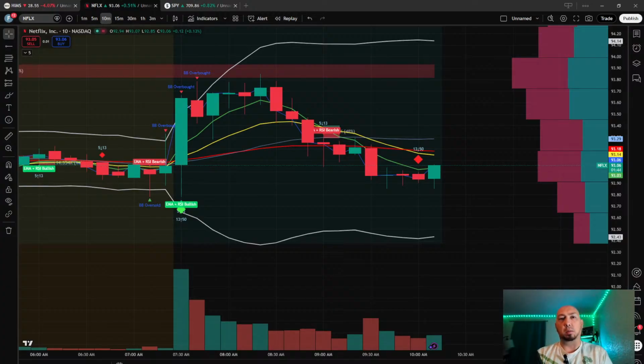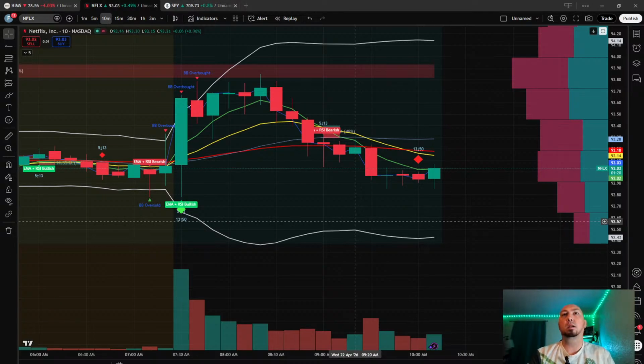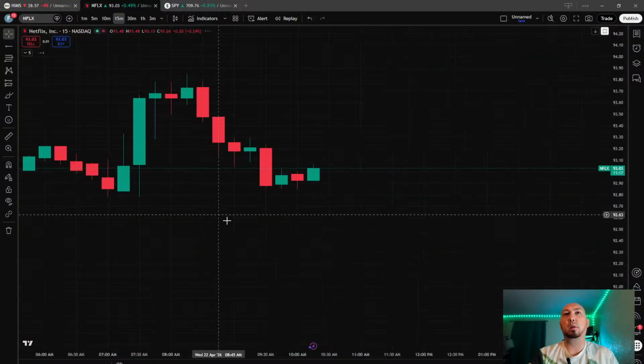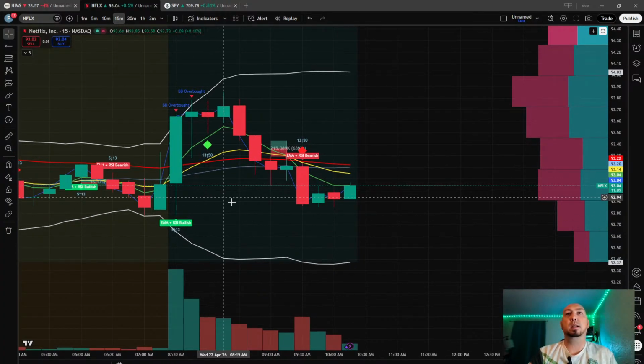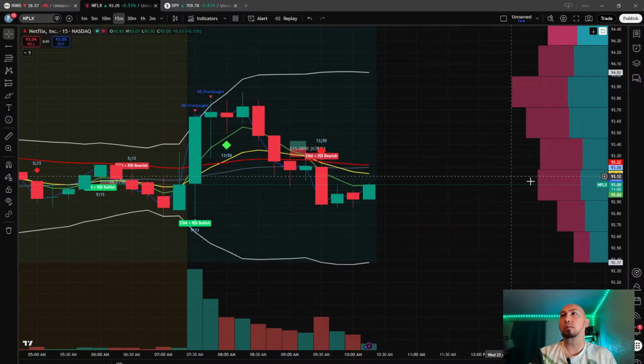All right, so what is ORB? ORB is Opening Range Breakout. It's an acronym for Opening Range Breakout. And the point of ORB is to find the trend for the day. That's the whole point. So we can use ORB to see how we do. If you're into, mostly for zero DTEs, if you're into day trading, this is actually a really wonderful strategy to have. So let's go ahead and start with Netflix since it's already pulled up here.